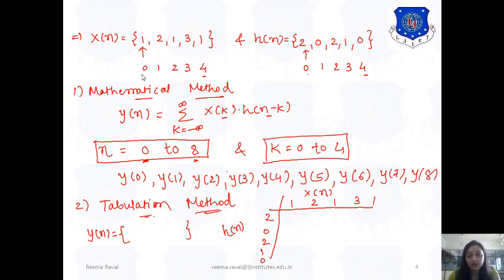Okay, because if the arrow position is changed, for graphical method you have to be very careful to plot the graph of whether it is h of minus k plus 2 or minus k minus 3, you have to be very careful by placing the values at some particular instance and then delaying them or adding them, right, or else making advance of them, right. If there may be error in one instant, the error will be cumulated and your answer will be wrong, okay. And the chances of error may be less in mathematical method, but again there will be some chances of error in that method also. But using tabulation method, the chances of error will be reduced to so many percentage, right.